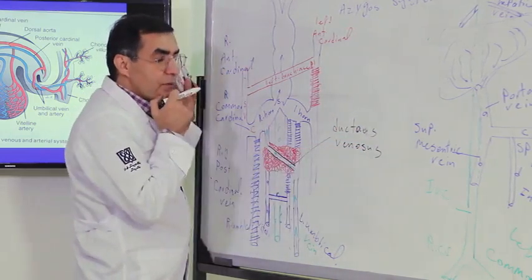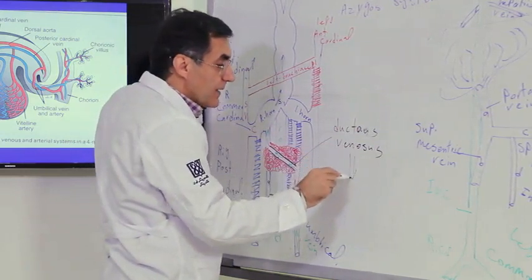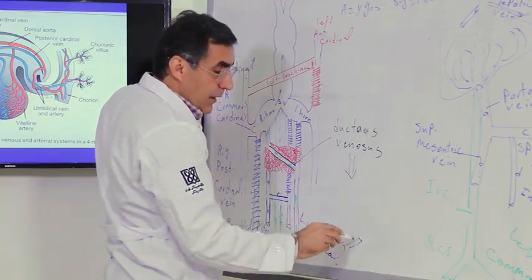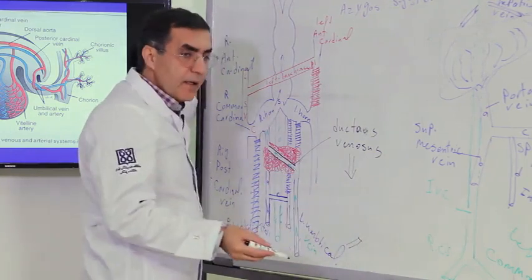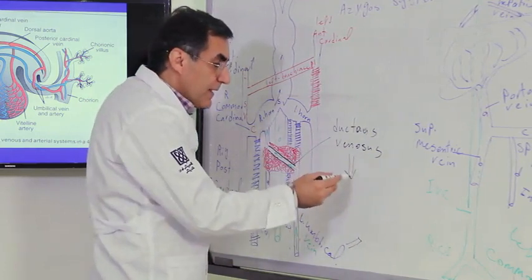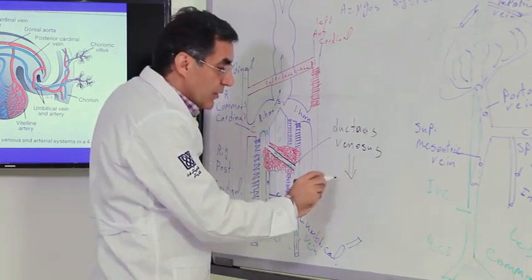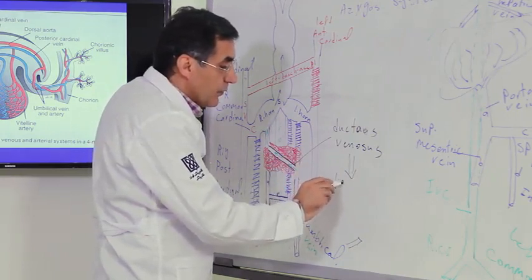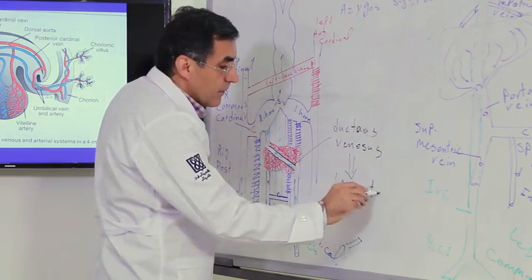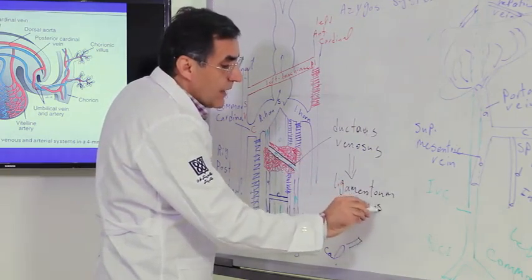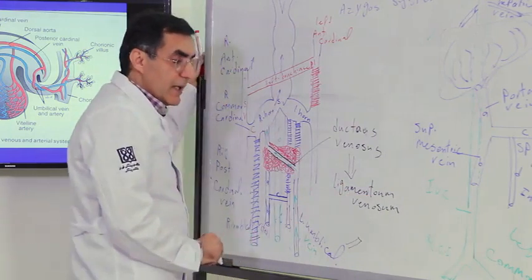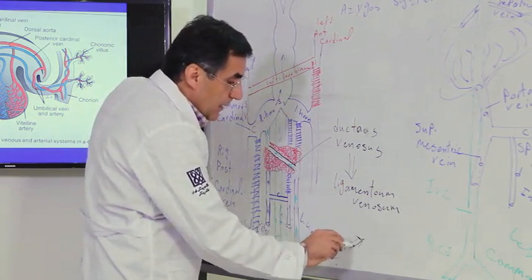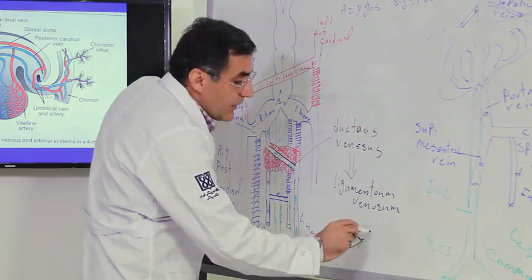It remains till birth, and after birth this duct is obliterated, and the umbilical vein is obliterated after birth because the placenta is shed off. After birth, the ductus venosus changes to a ligament, making the ligamentum venosum. You read in the GI tract anatomy about the left umbilical vein, which again after birth is obliterated and